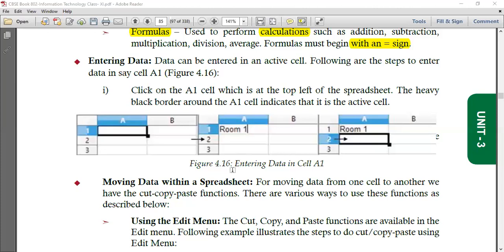How do we enter data into the cell? Data can be entered in an active cell. First of all, जो एक्टिव सेल है उसी में डेटा आप एंटर कर सकते हो. And the steps are, just click on that cell. Like if you want to enter anything into the A1 cell, so click on the cell,